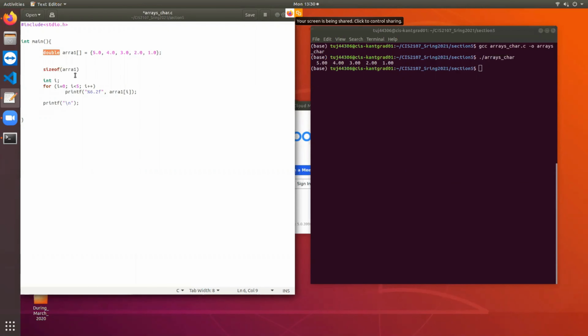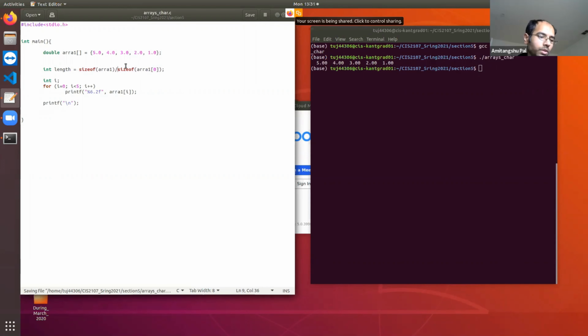How can I do it? Divide by the size of the first element, or the second, or whatever. So the size of the entire array divided by the size of one element, right? That's it. Size of the entire array divided by the size of any element, so array[0] or array[1] or array[2], any element. The number of bytes taken by the entire array divided by the number of bytes taken by a single element is going to give the number of elements in that array, which you are basically calling the length.